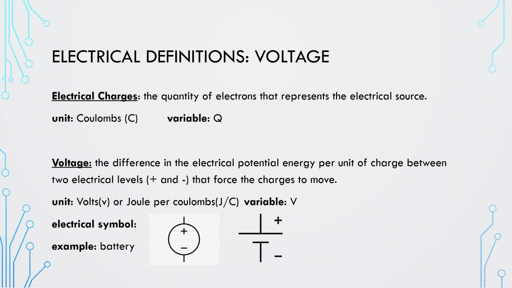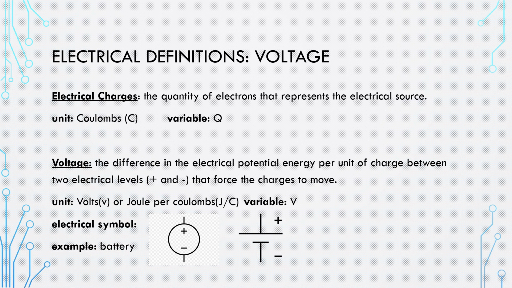So this source we call electrical charges. This is similar to the fuel. If you see it as the fuel in the car, this is the element or the source that's gonna move inside the electrical system, and we measure it by a unit called coulombs, and once we represent it in the equation, we're gonna represent it by